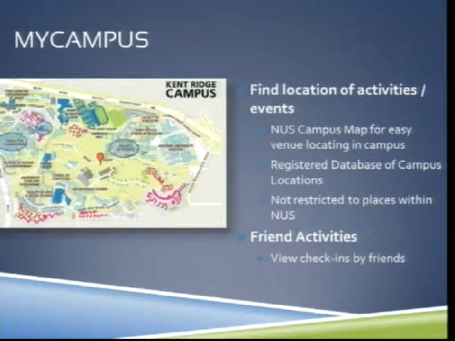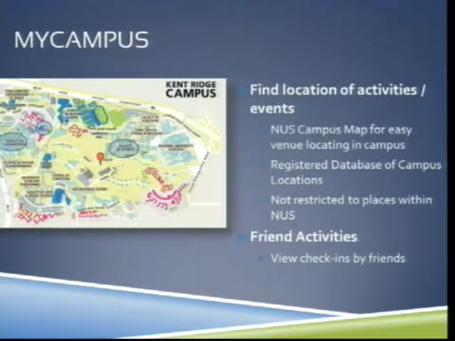This map is also tied with Google Maps, so it does not restrict you to NUS itself. You may have events outside of school, and you can schedule your events there and it will still show on the map. For the next few features, let me hand over to John.